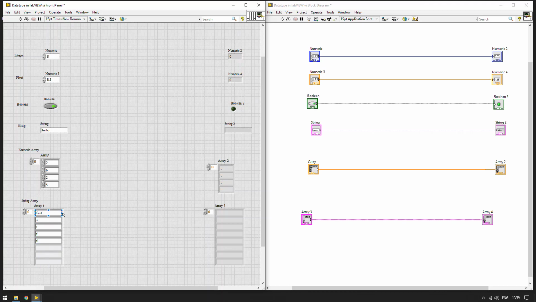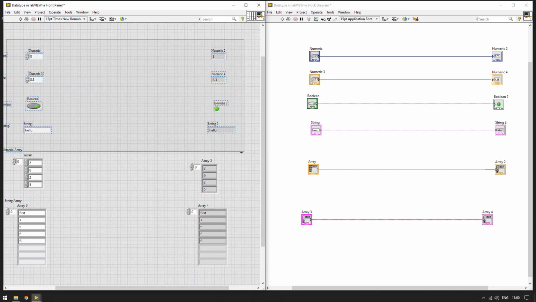So now we have given a few inputs out of a total of 8 inputs. We have filled only 5 inputs, and let us see what happens when we run it. We can see that all the values from controls to indicators are propagated, and even the Boolean position is on, so it has turned the LED on. Everything has propagated, and we left some blocks blank in the string array, and those are blank here as well. So this is a basic introduction to arrays and all the different data types available in LabVIEW.